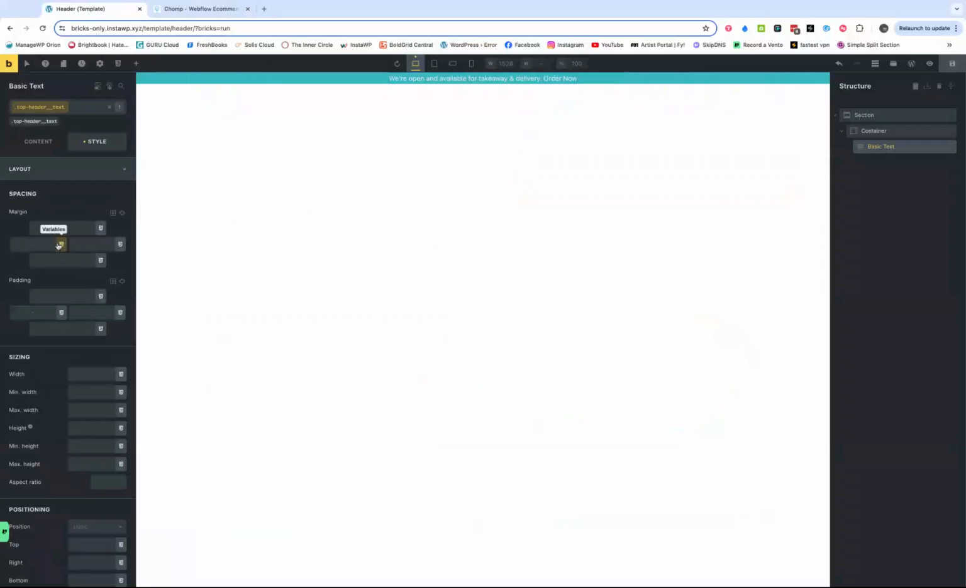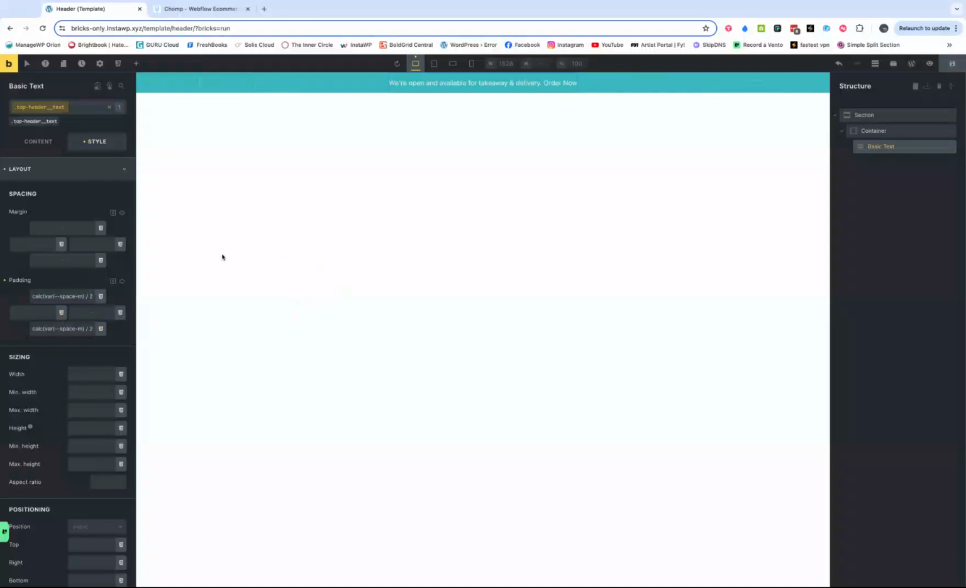Right, so let's go to the padding. Let's look at the variables we have. We've got space M of 2 rem. Seems a little high. Now I can either calc this and divide this by 2, say, and then put that there, or